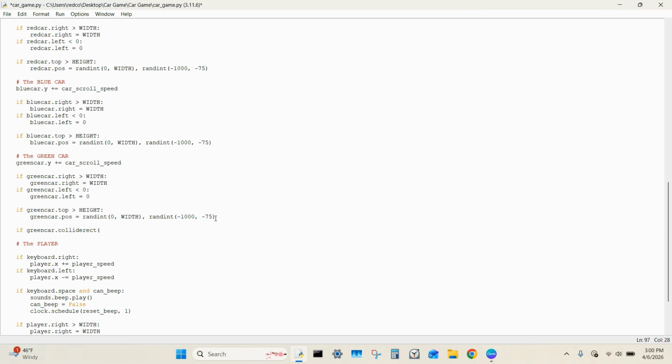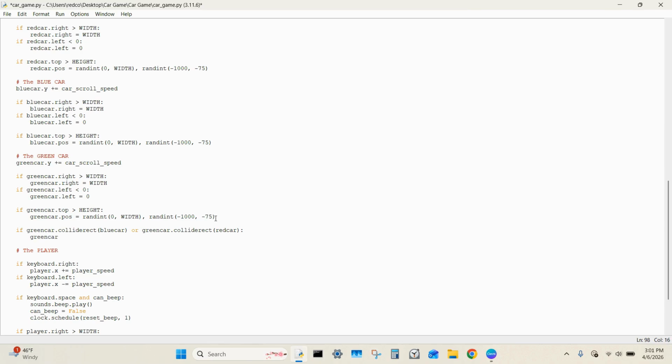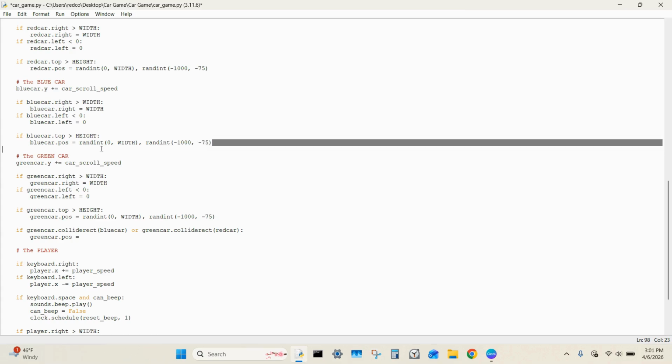So if green car colliderect blue car, or green car dot colliderect red car, green car dot position, we can get that random position,